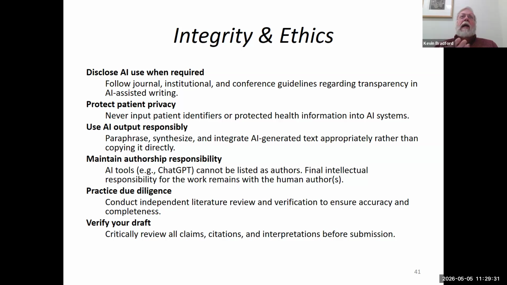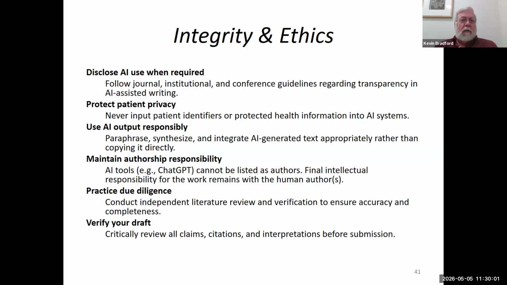We are moving away from a model where you have to declare you're using AI to spruce up your grammar. Many journals don't care about that. They don't care about grammar. What they most care about is interpretation, and thesis development, and so forth. They care about the higher learning components.